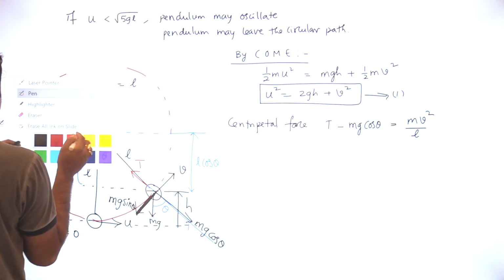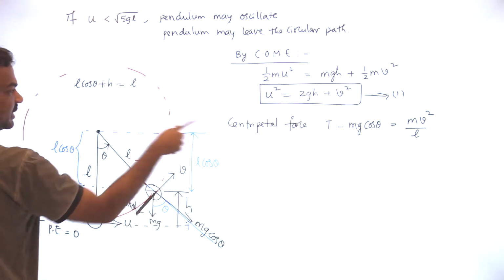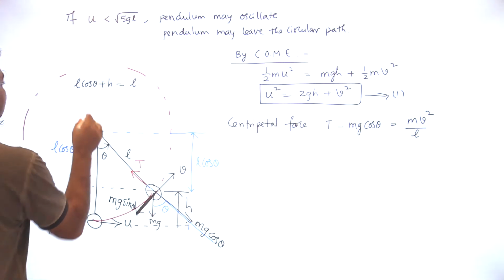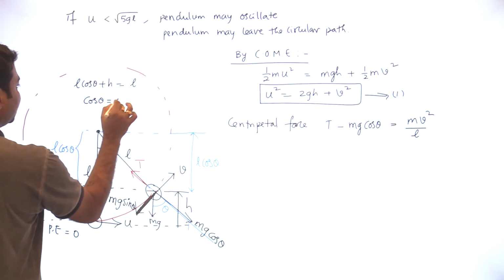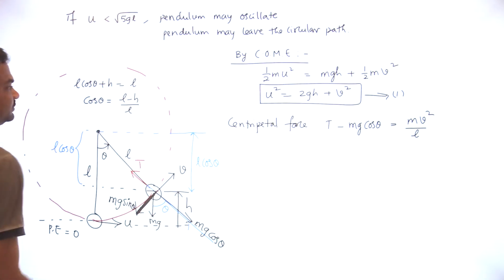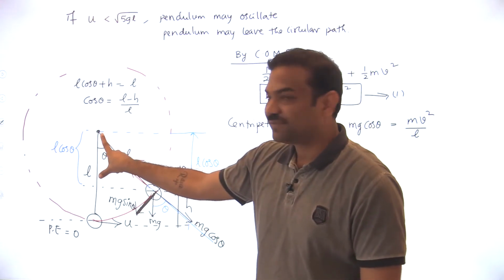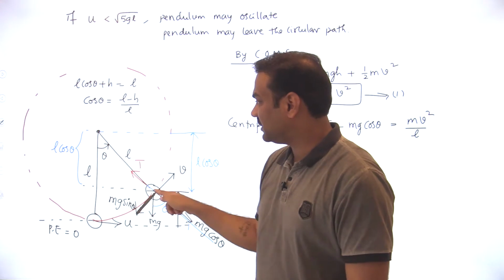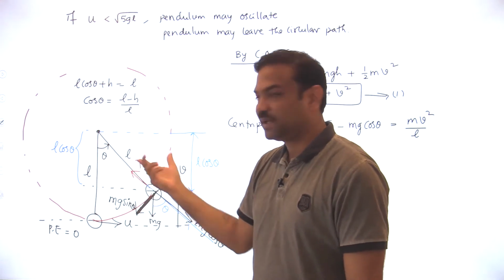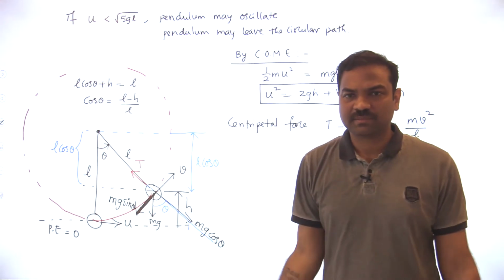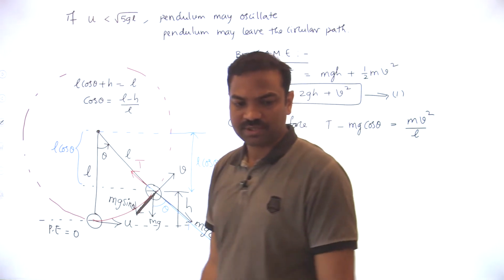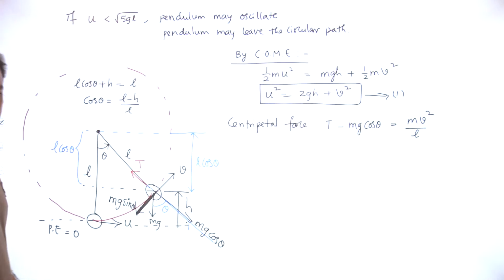Then what is the cos theta value? Write down cos theta, because the cos theta term is there. So cos theta is L minus h by L. Or else we can do it like this also. This is h, then what will this length be? L minus h, and this is L. Then what is cos theta? L minus h by L. That way also you can write it. It's mathematics, you can do it any way, your choice. So understood this cos theta.